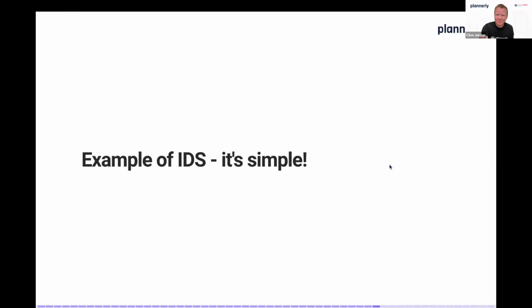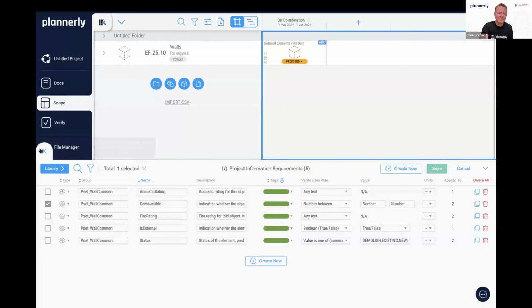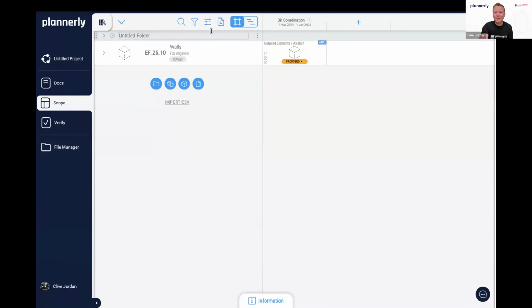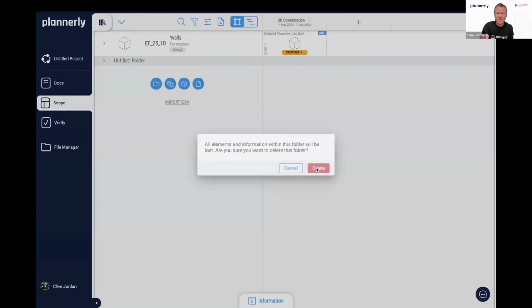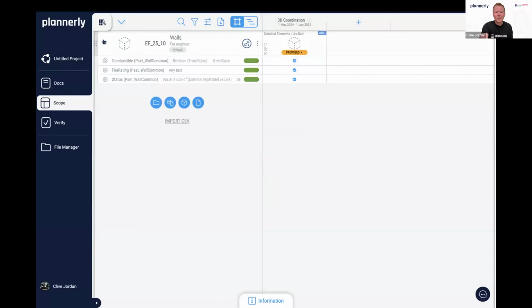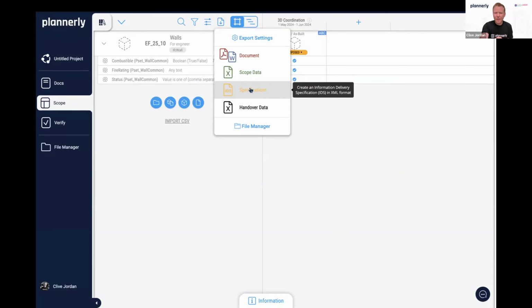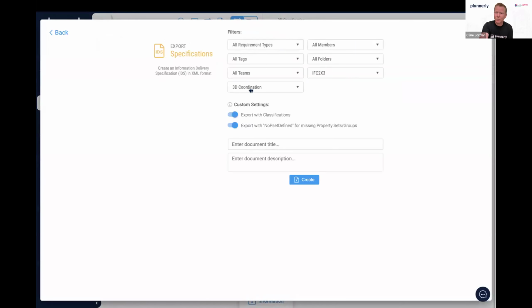So IDS is pretty simple. Let's take an example of that. In this example here, where we've got a wall, let me bring that in here. So we just get this wall. We have a set of requirements which are combustible, whether the property is in this PSET wall common and whether it's true or false, and then fire rating, and then the status, and the status needs to be one of those values. In order to define an information delivery specification, we would export that from the tool that you're using,